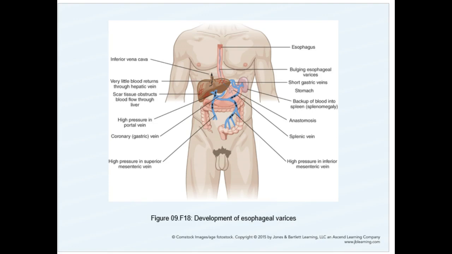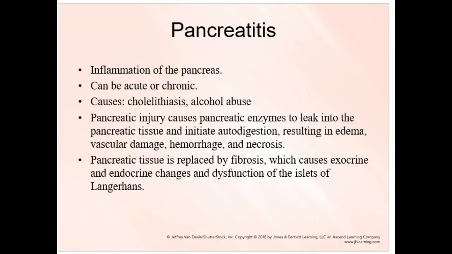All right, moving on to pancreatitis. Pretty straightforward. Inflammation of the pancreas, which could be acute or chronic. It could be from alcohol abuse. It can be from cholelithiasis. It could be from excessive medicine abuse. It sometimes can just happen. And with injury to the pancreas, whether it's a byproduct of direct trauma or there's alcohol abuse causing damage to the tissue and inflammation,